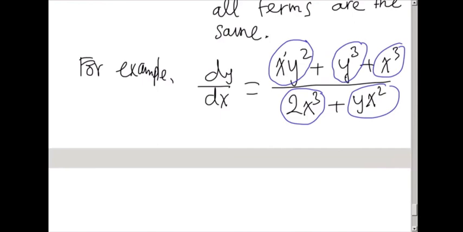It's x to the first and y squared, so the total degree is 1 plus 2, which is 3. y cubed, total degree 3, x cubed, also 3, and then yx squared, y to the first, x squared, so total